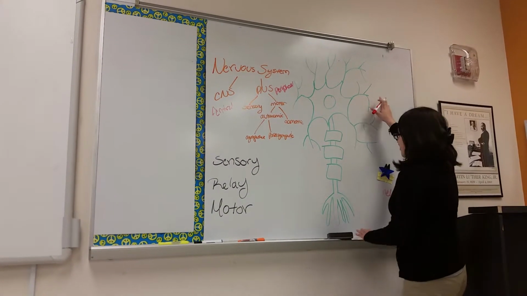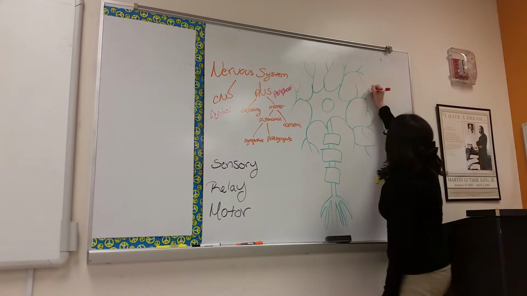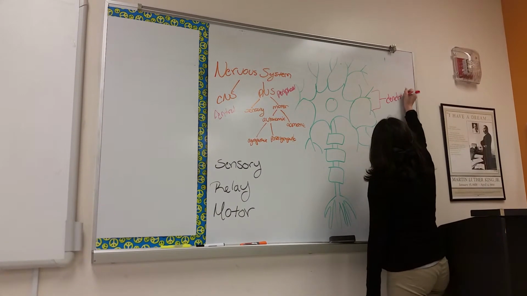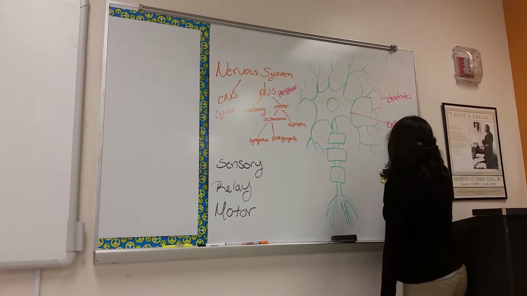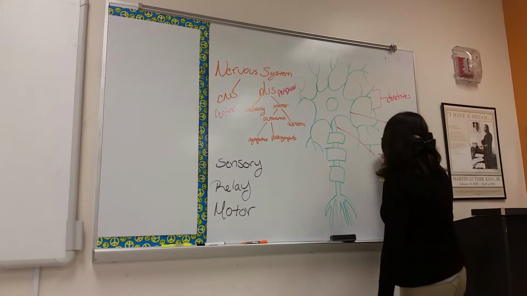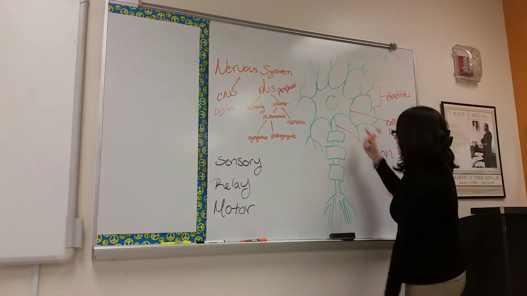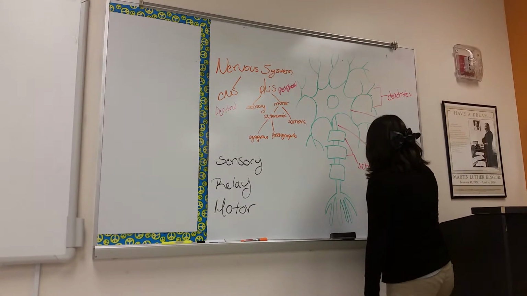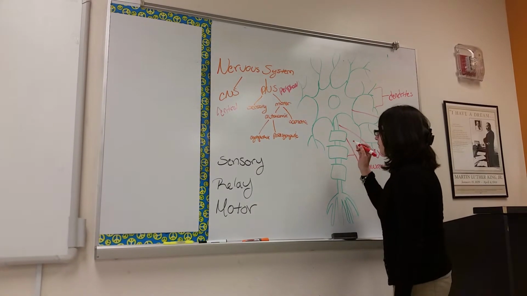Okay, this is the generic structure of a neuron. These extensions are the dendrites. This is the cell body, the nucleus. This would be the axon. On the axon, there are normally cells called Schwann cells that wrap around the axon, and they secrete